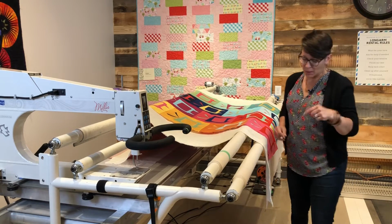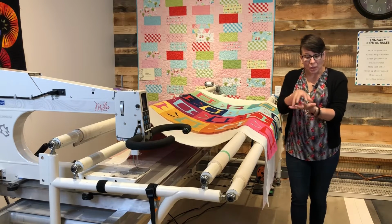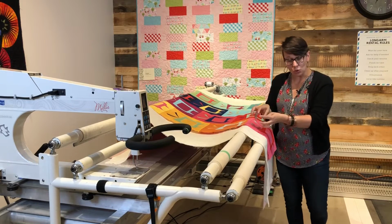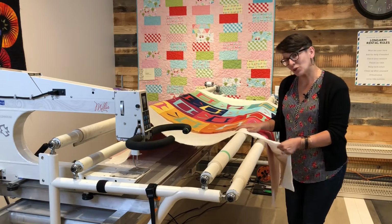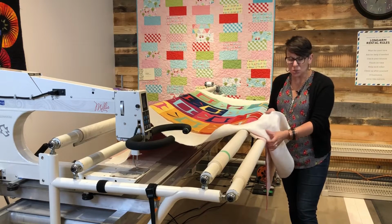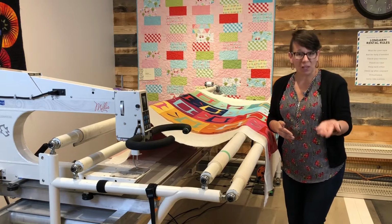If you didn't know that batting has a right and a wrong side, it does. It is manufactured through a process called needle punching. They puncture through the batting with hundreds of needles in order to hold all the fibers together. Well, we also want our needle to go through in the same direction. So I'm looking for a dimpled appearance on the right side, and I'm looking for kind of nubs or bumps on the wrong side. There's also other indicators that you can look for, but just to keep this video quick and easy,